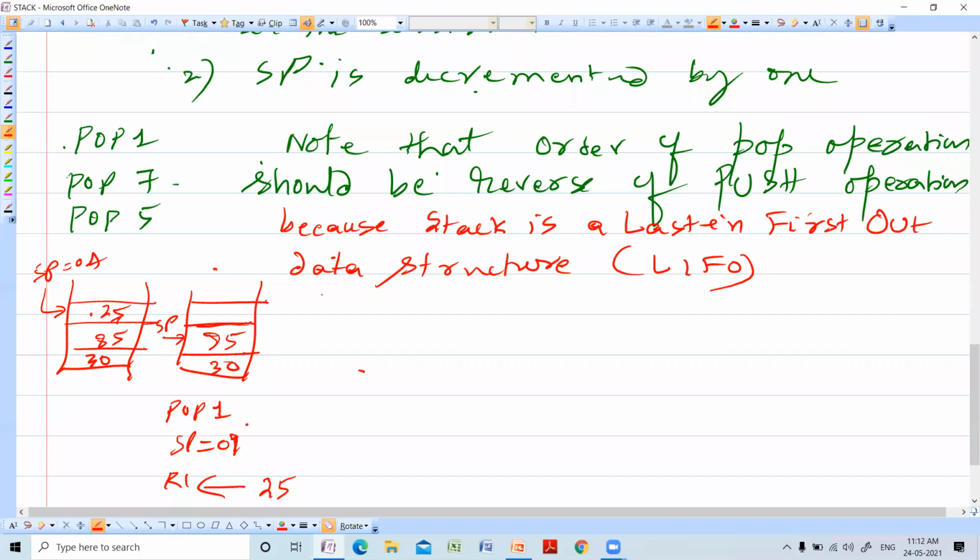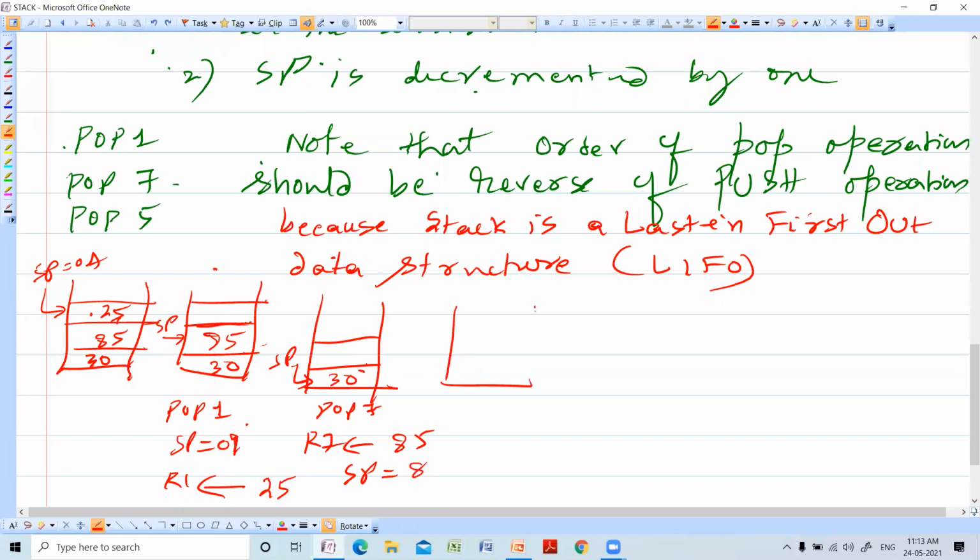Next, whenever you execute pop 7, first R7 will be copied by 85, then SP will be decremented by 1. Now SP is 08.